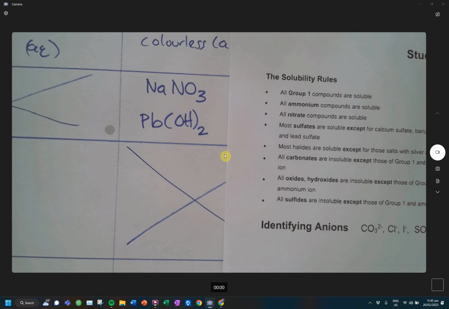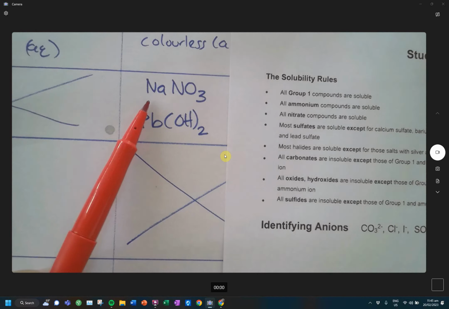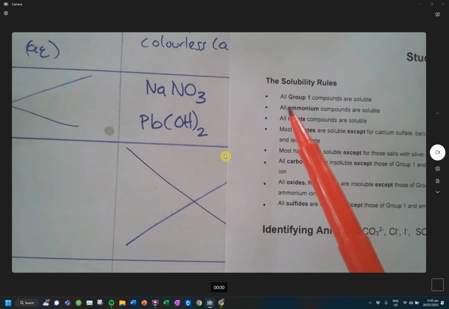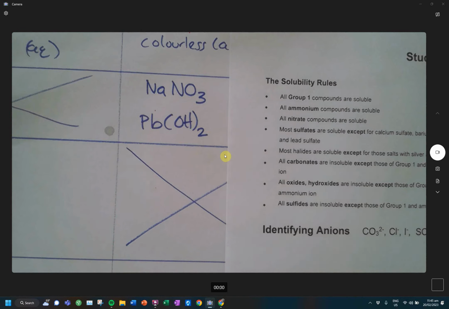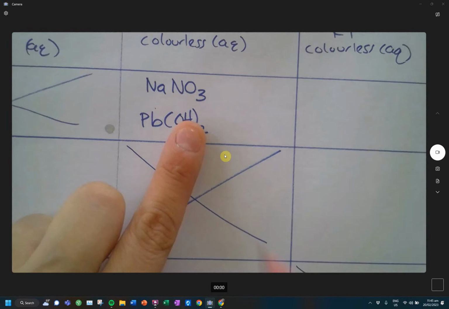So if I think about group 1, we are talking about, in that periodic table, that first column. In that first column, do I see something that is related to what I see up here? Sodium. So since all group 1 compounds are soluble, this one here is probably soluble too. So I'm going to just make a note that this is probably my aqueous one,